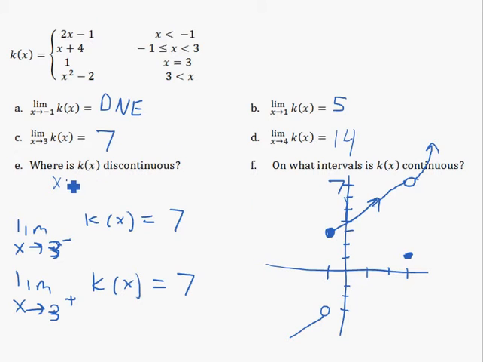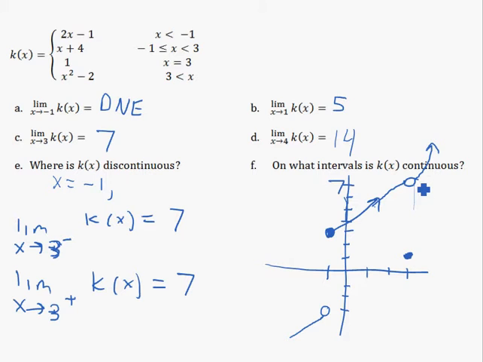And it's also not continuous at positive 3, because although the function is approaching the same number from both sides, the limit exists at 3. We got 7. The limit exists. But when it gets there, the function's way down here. So it jumps down to here and then goes back up. So it's also not continuous at 3.